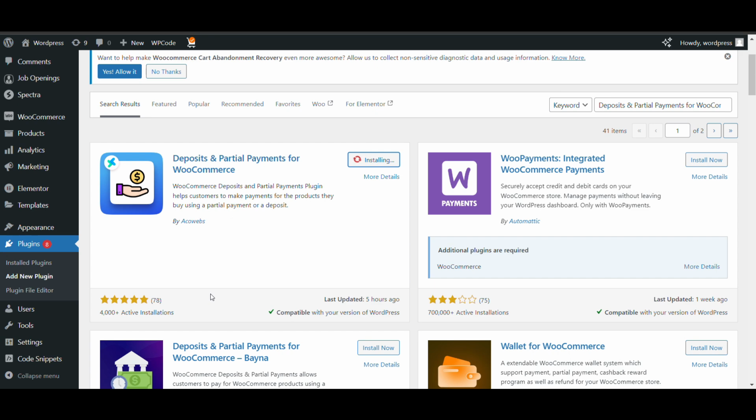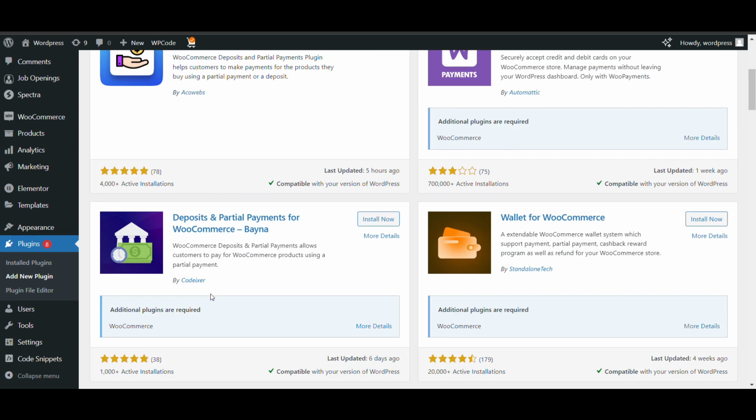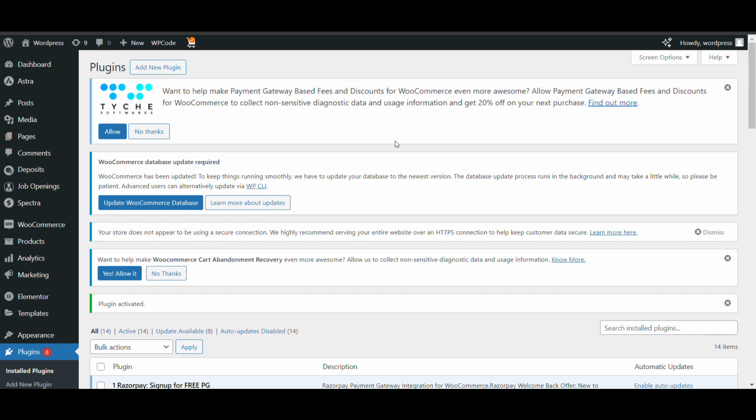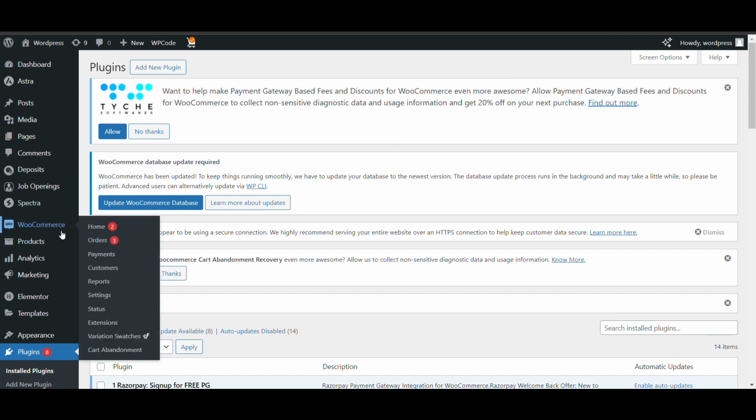Here you can see. Now plugin is installed. We will see on setting WooCommerce.